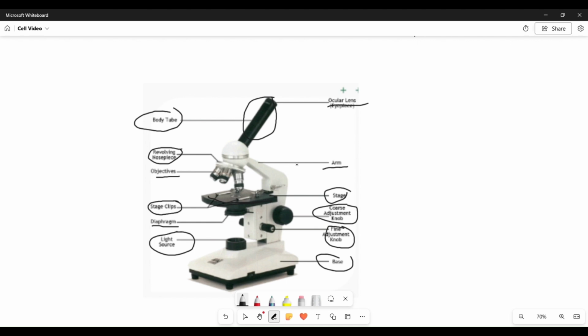So how would you use this? First, you would start by placing a slide on the stage so that it's centered up under the objective lens here. Then you would turn the revolving nose piece so that the lowest power objective lens is clicked into position. That would be this one, presumably here. And while looking at the objective lens and the stage from the side, you should turn the coarse focus knob here, so you're not looking through the eyepiece yet, so that it lines up with the